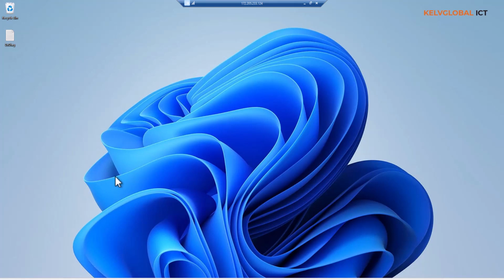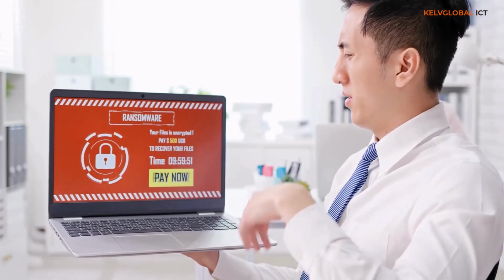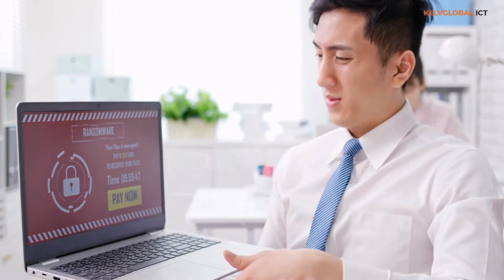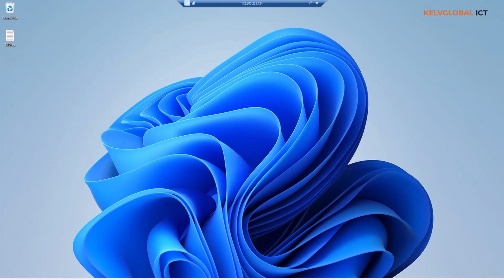We are going to be discussing how to remove malware on your Windows 11 device using the inbuilt Windows tools. Windows 11 includes built-in security tools that can help detect and remove certain types of malware. While these tools may not be as comprehensive as third-party antivirus software, they can still be effective in many